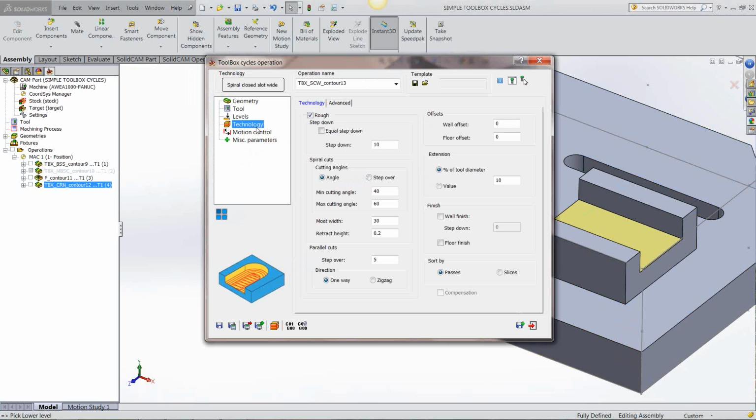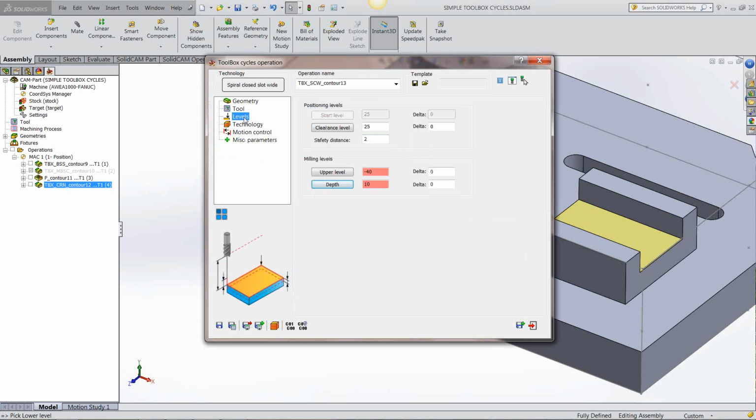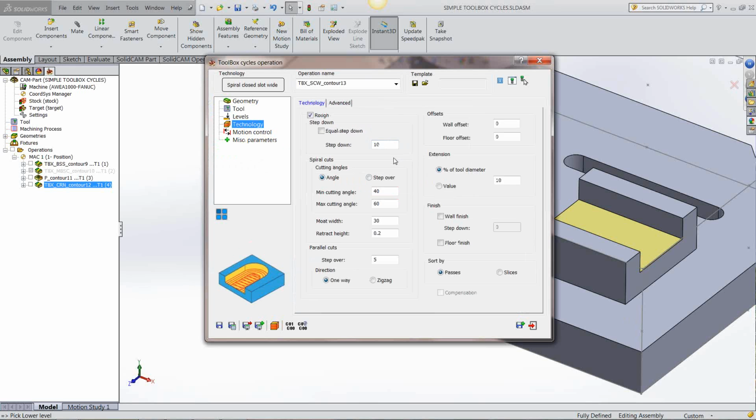The technology this time, a little bit more to it. Step down value of 10. How deep is that? Yeah, it's only 10 deep anyway. Yeah, 10. Okay, I'll once again be really kind to the tool and have a step down value of 5. You've got a step over for your spiral cuts. Your spiral cuts is what it's going to do to machine it out. It's like a trochoidal strategy. This is going to cut it in a trochoidal fashion where it ramps in and ramps out of the depth